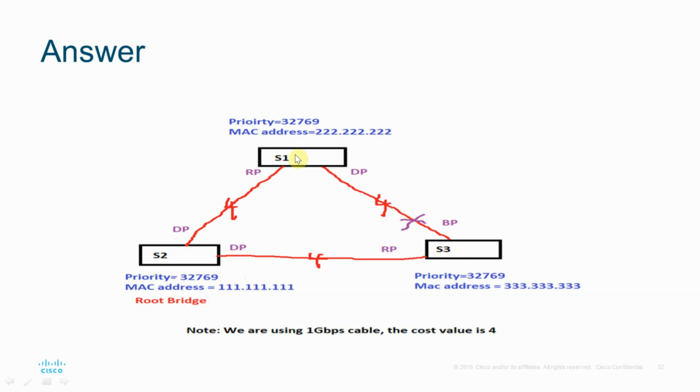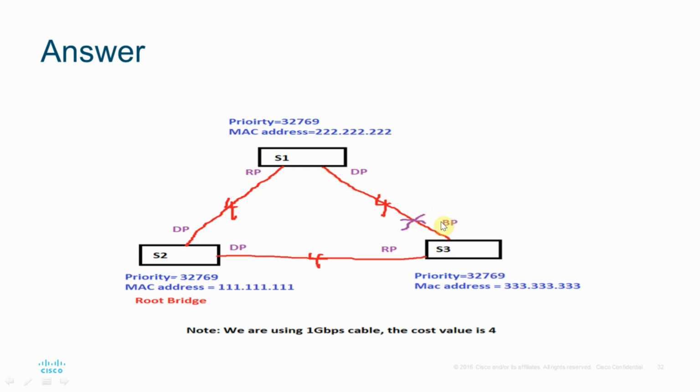See, from S1, this is the shortest path to S2. So this is my root port. From S3, this is my shortest path, so this is the root port. Now for S1, this is designated. For S3, this is designated. Now I need to find one port which should be blocked,